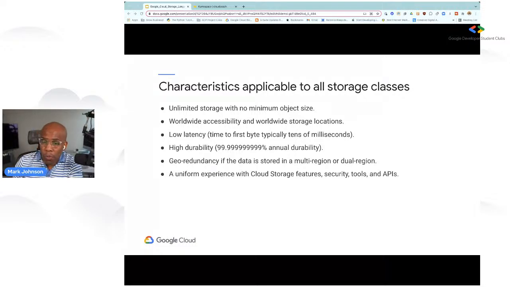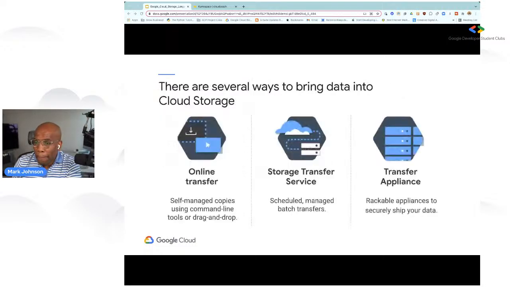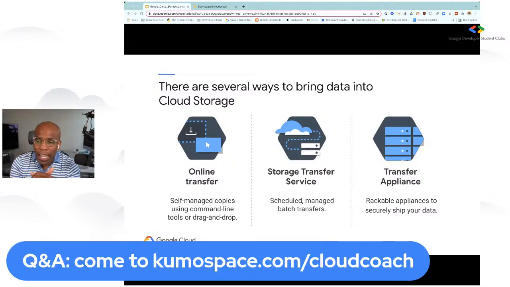And then when we get to this next one, I really like this because this is showing you how you get data in the cloud storage. So when you're looking at these 3 options, these are pretty much the most popular ways of getting cloud data into your cloud storage bucket. So let's look at the first one, online transfer. I'll give you an example. Let's say you have a website already running. Let's say you have data in another cloud provider. You can use the online transfer,